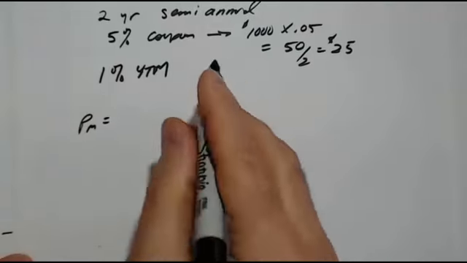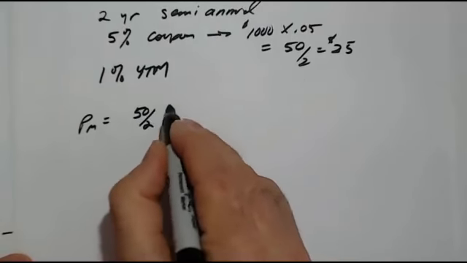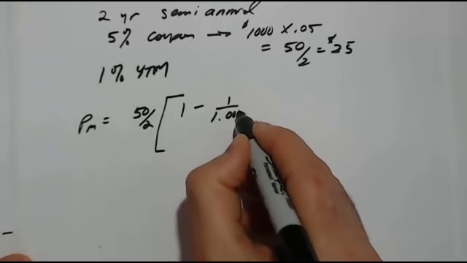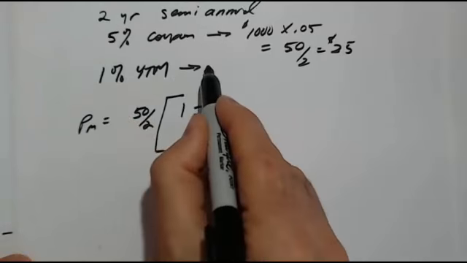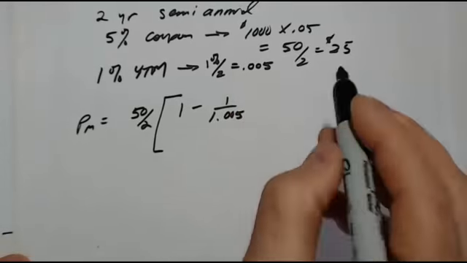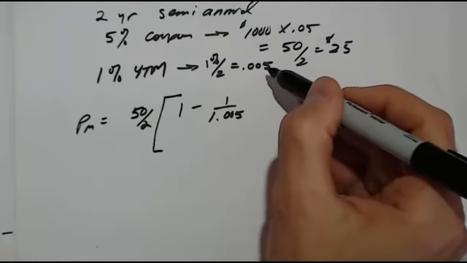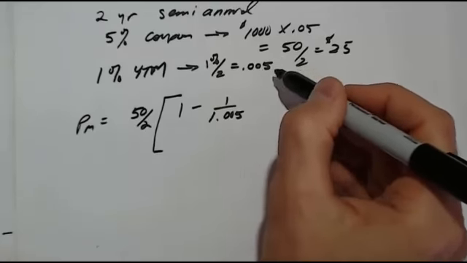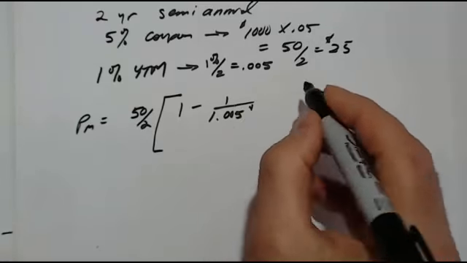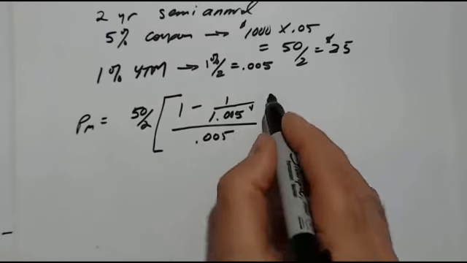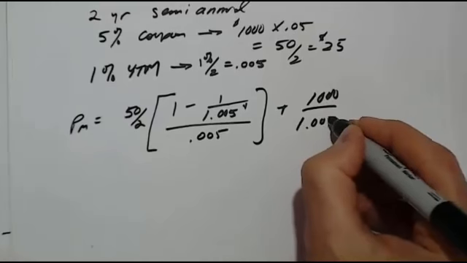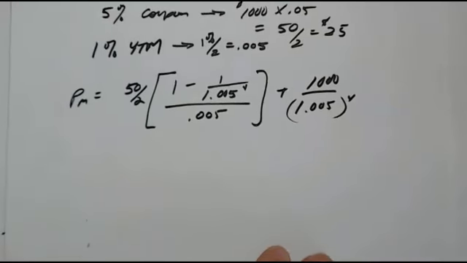Market price of the bond will be the coupon, 50 divided by 2, that's the semi-annual, times the annuity factor. When you chop this rate, 1% divided by 2 is 0.005. That's what I'm going to use here numerically. I'm going to take that to the 4th power, divided by the 0.5%. The $1,000 face is what I get back. And so when I do this,